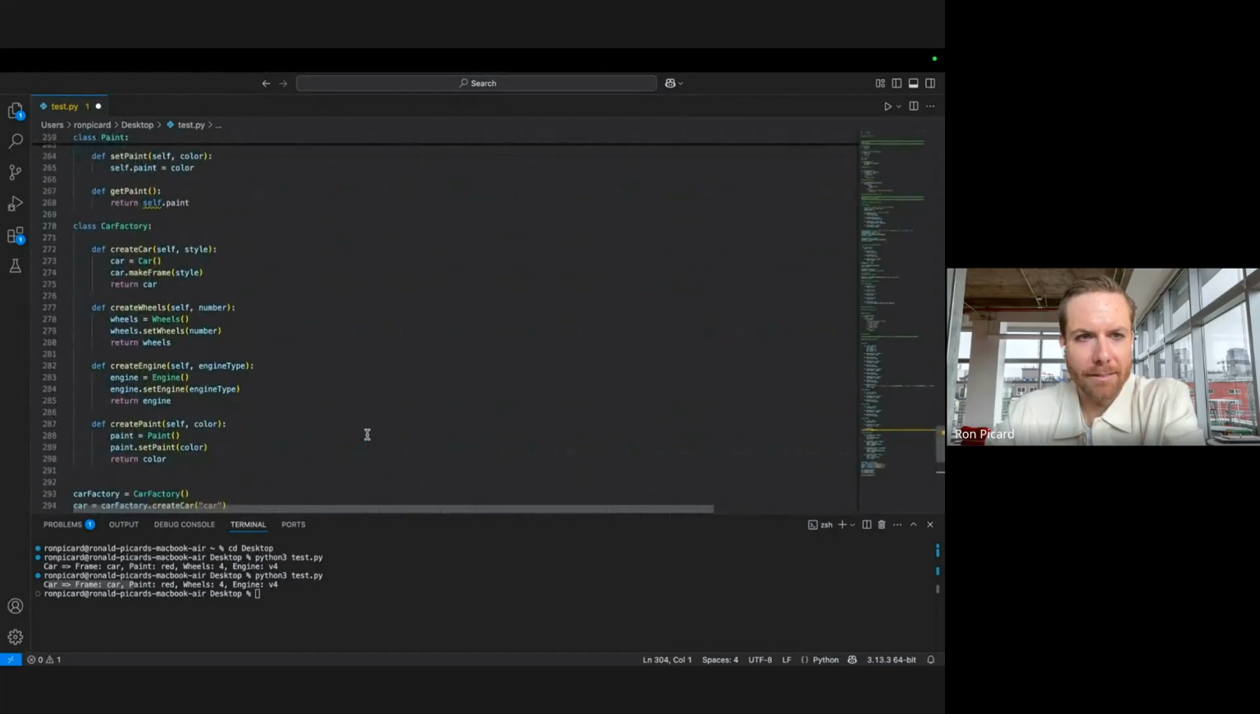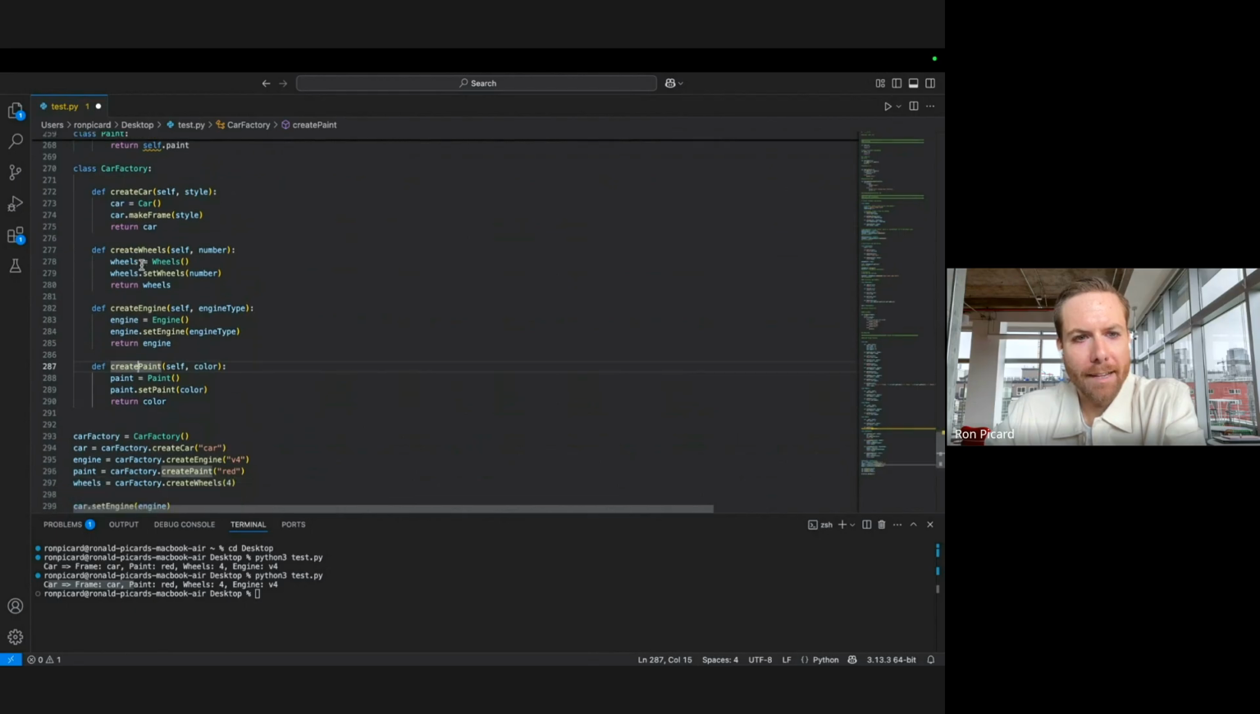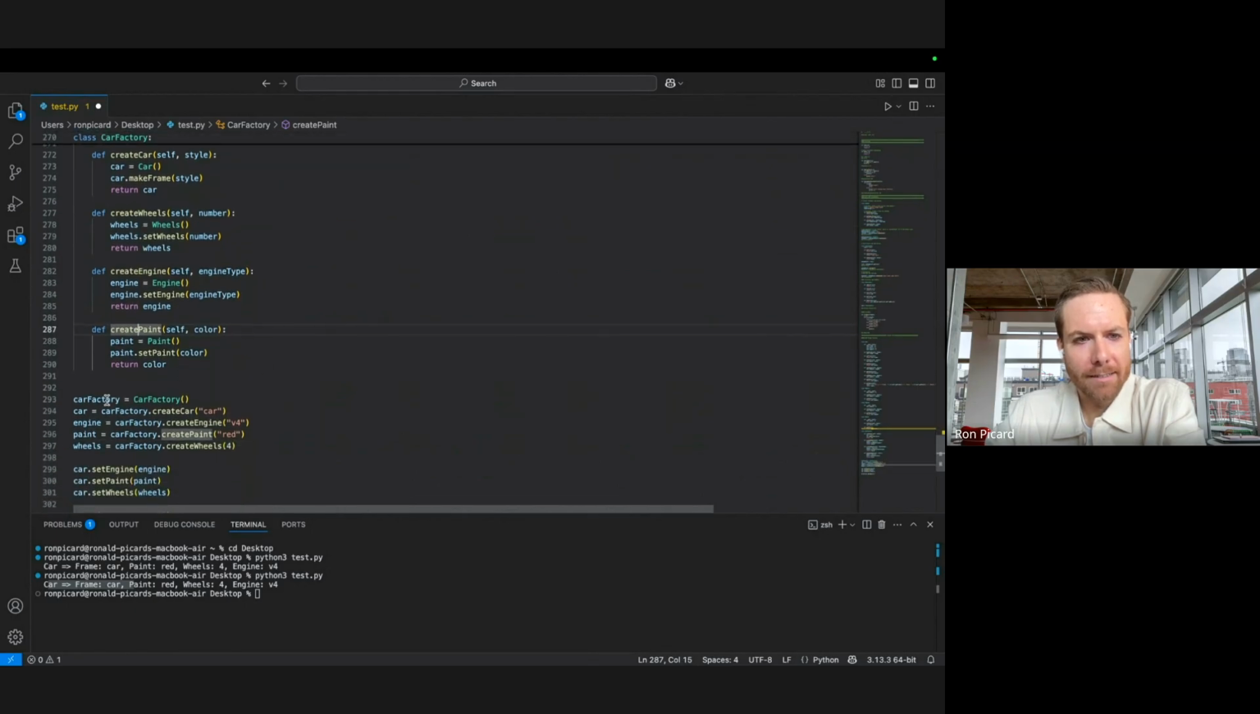I'm going to go back to this CarFactory. So we created this CarFactory class, and we have four methods in there to create different pieces of the car: the wheels, the engine, the paint. And then outside of the class, we created a factory object. We used a factory object to create a car, an engine that's V4, paint that is red, and wheels, four